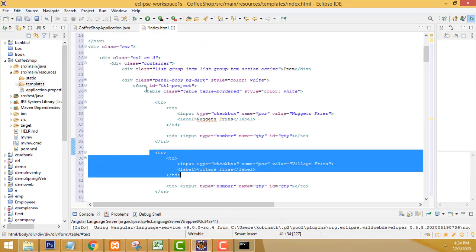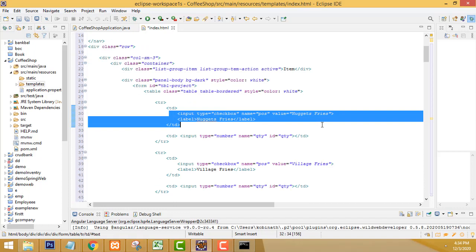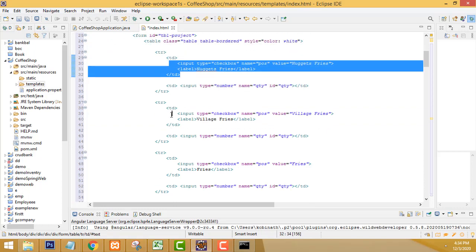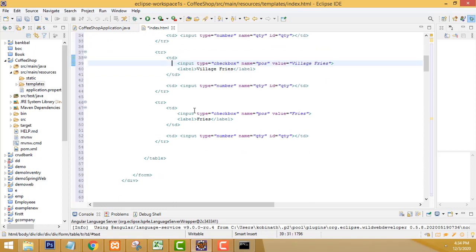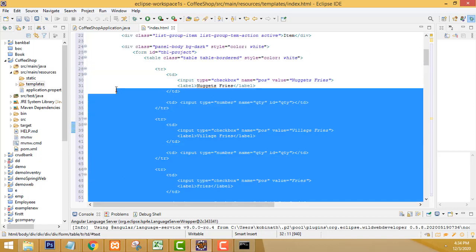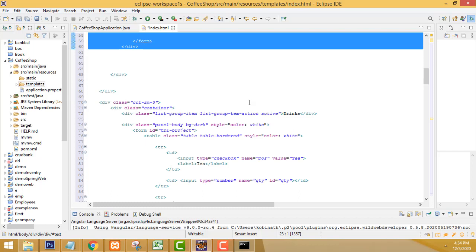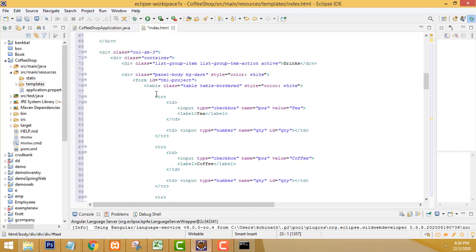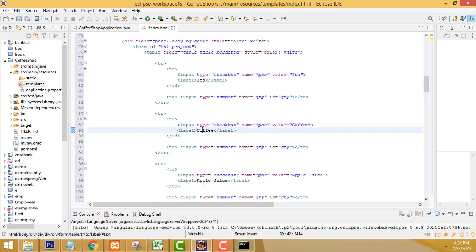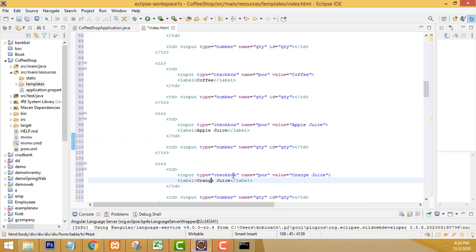This is simple stuff. This is the input field, a checkbox input field. First rice, second checkbox field, third one. This is the first table, the first one, second. This is the second table. We have another thing, drink items: tea, coffee, apple juice, orange juice, all checkboxes.